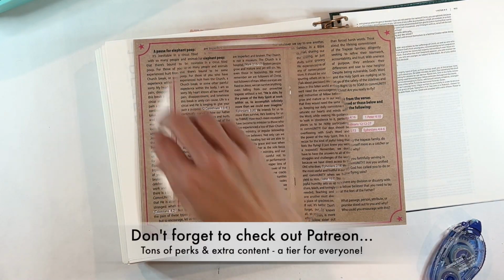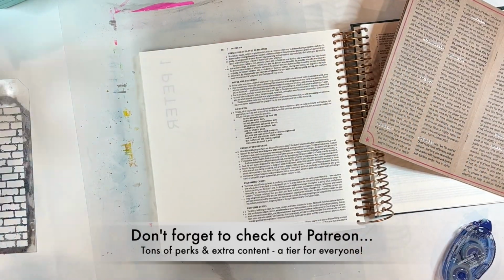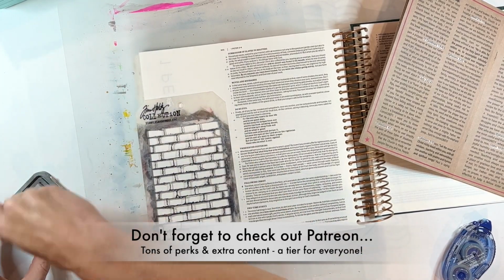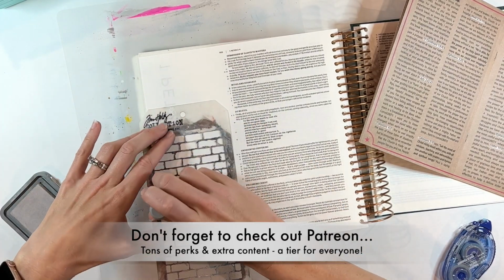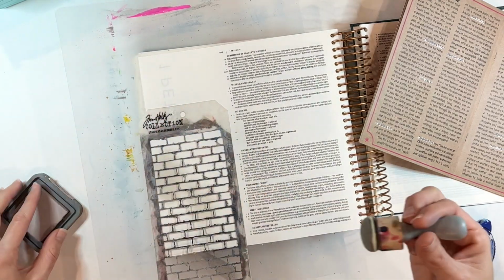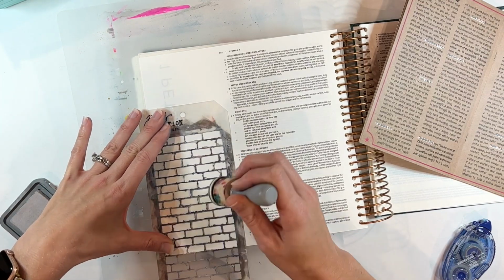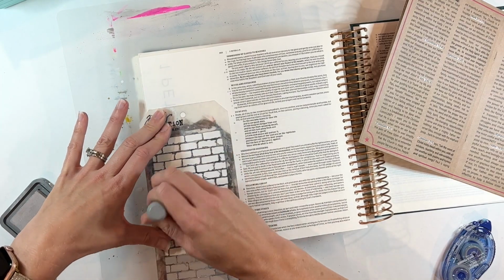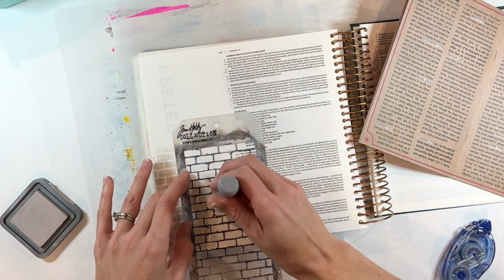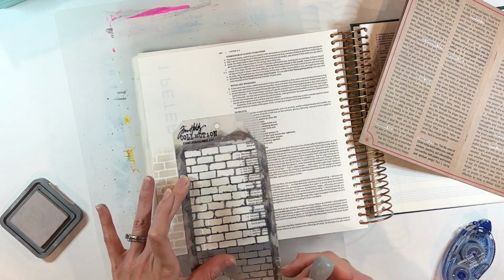Let's go. All right, I am journaling in the book of 1 Peter chapter 4, starting in verse 10. It says, "Above all, maintain constant love for one another, since love covers a multitude of sins. Be hospitable to one another without complaining. Just as each one has received a gift, use it to serve others as good stewards of the varied grace of God." I love this whole section of scripture where it really discusses how we are called to be together